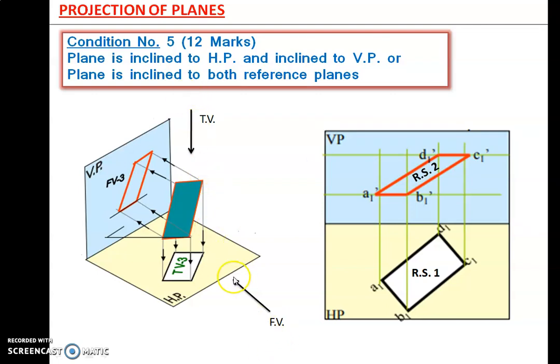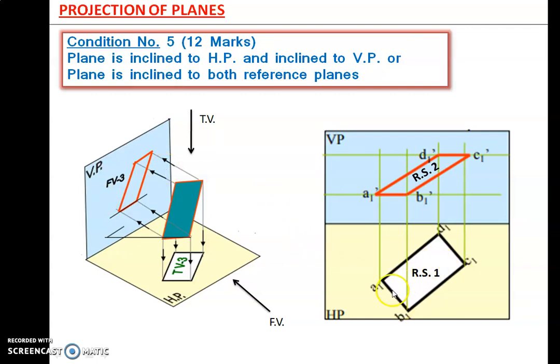So if you see the front view, here you will get a reduced shape. If you see the top view, here you will get the reduced shape. So here I have shown the third step. This is the final step. Actually it does not come directly, we have to go for the second, then we have to go for the first. So it is a 3-step problem.